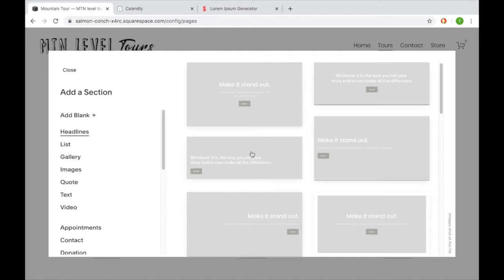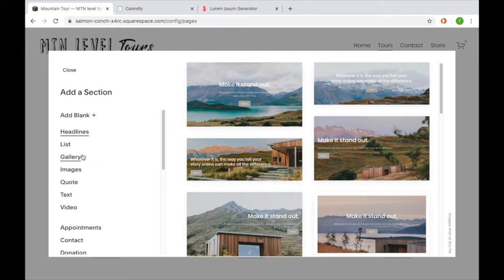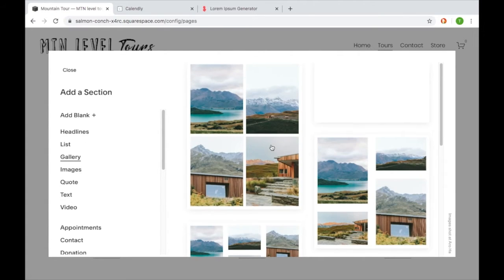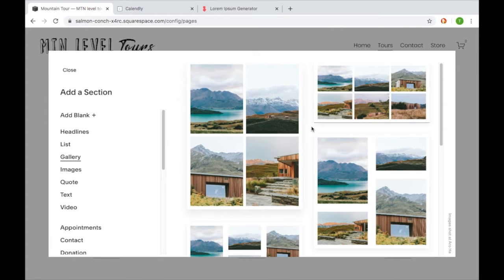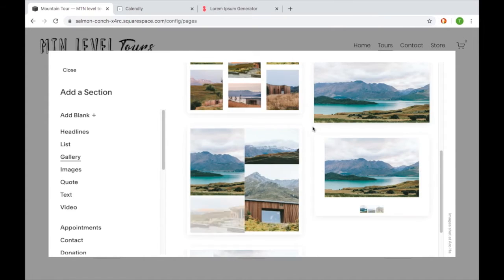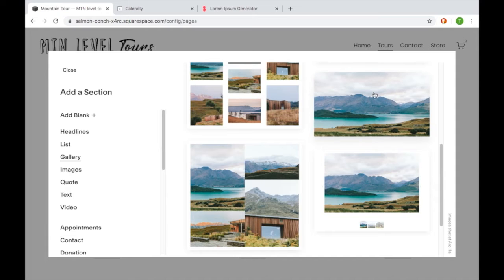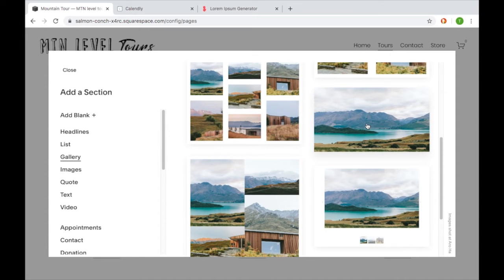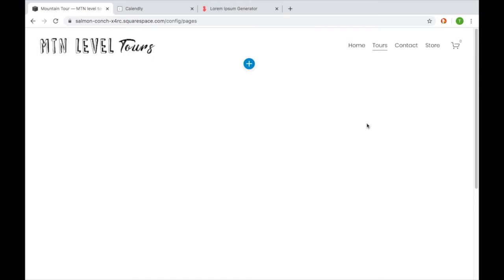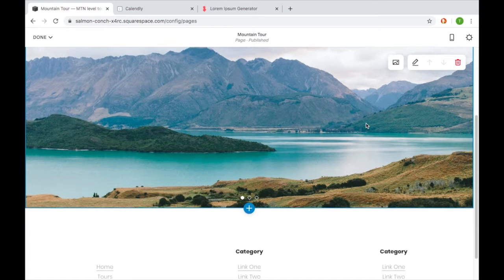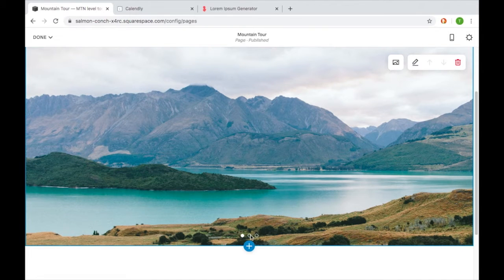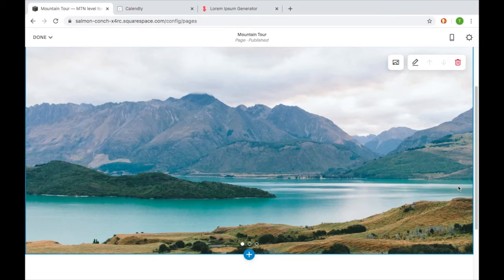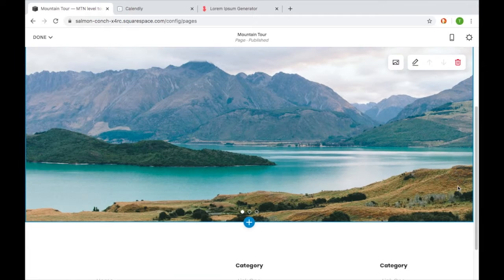Okay, now I want to add my gallery. I kind of want something that people will scroll through. I have a couple options here. One has this little preview. I like this one. Yeah, and here I can probably go to the next image. Maybe not in this edit mode, but